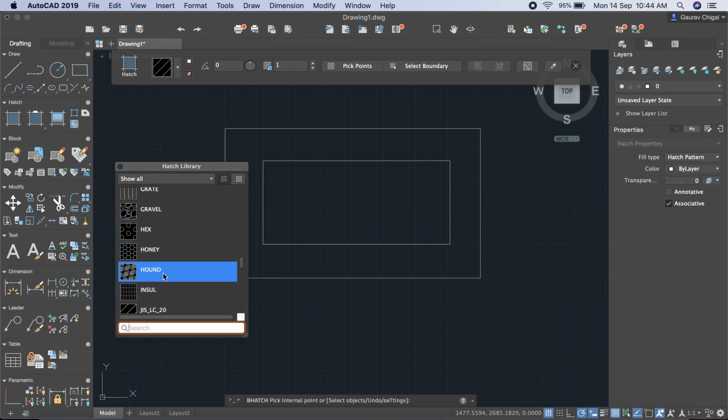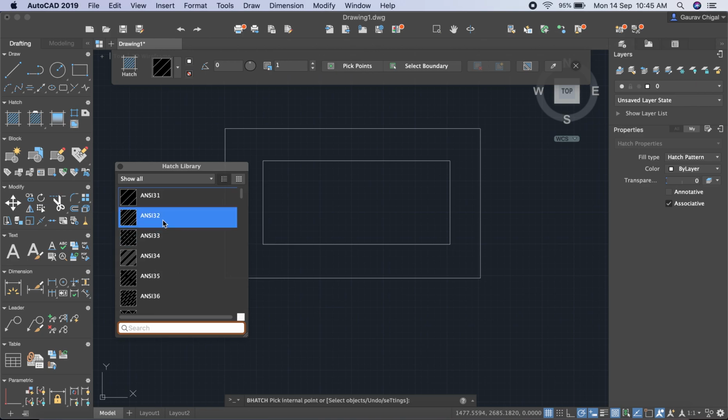You can see a number of options are here depending upon your requirement. For mostly mechanical components, when you cut them in a cut section, for the cut section view you provide the hatching line there. So we mostly use ANSI 31 or 32 or 33, 34. Out of these you can use any one. Mostly we use ANSI 31.